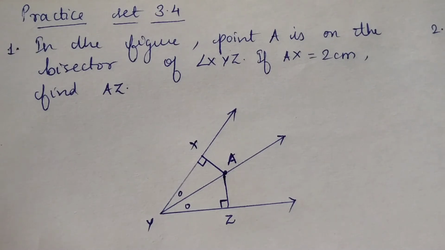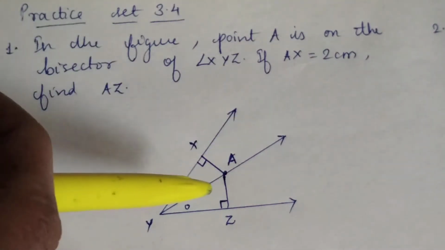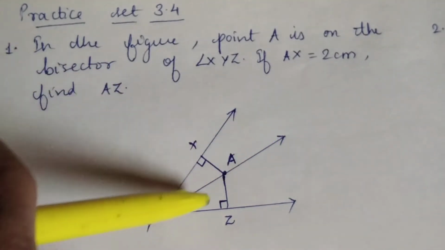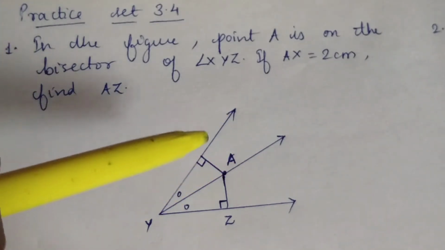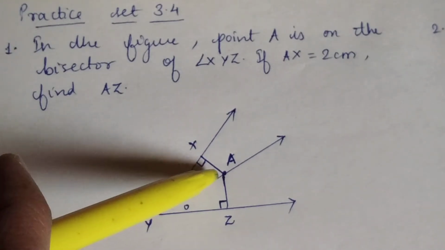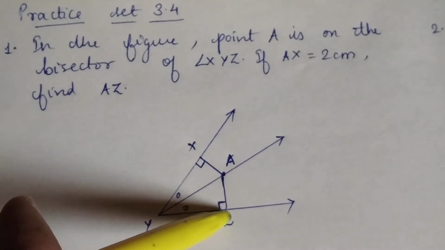Yes. Now the property of angle bisector says that if there is any point on the angle bisector of an angle, you can place a point. See, like for example here A is a point on the angle bisector. Suppose if there is a point here or maybe here or maybe here, wherever the point is, this point is going to be at equal distance from the sides of the angle. That means this point will be at equal distance from this side of the angle as well as from this side of the angle.